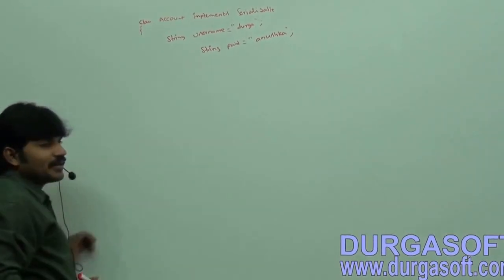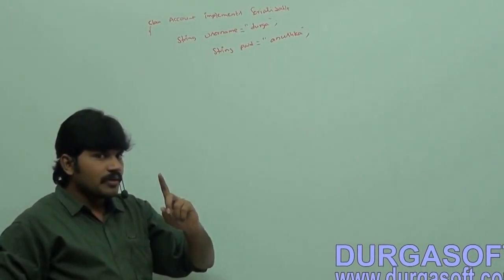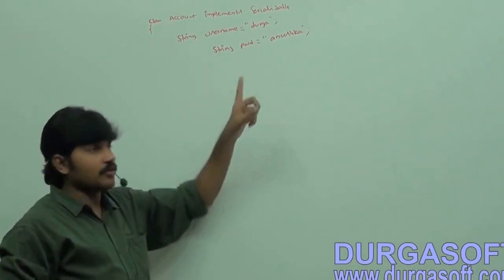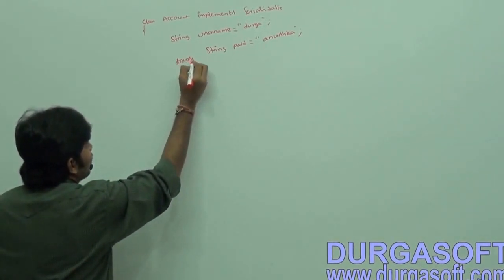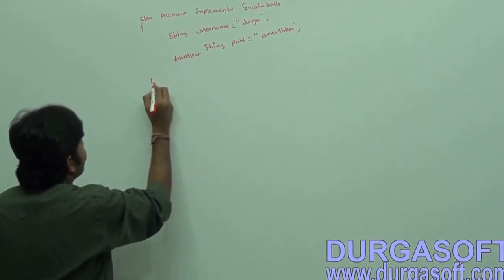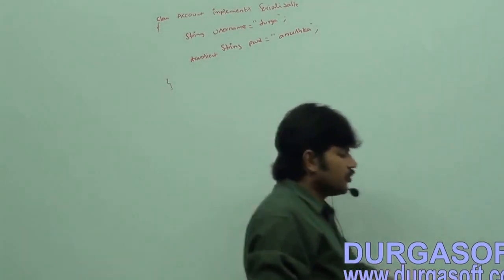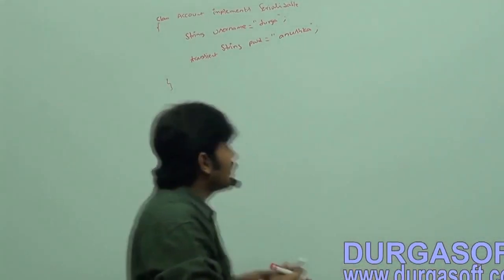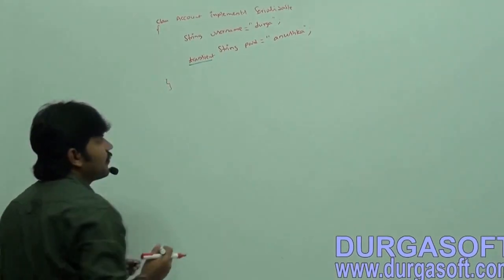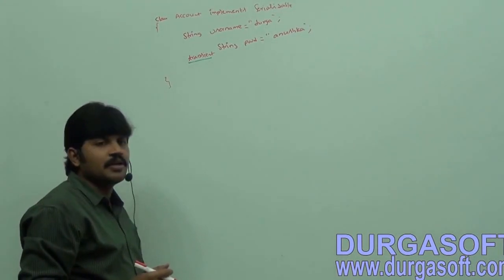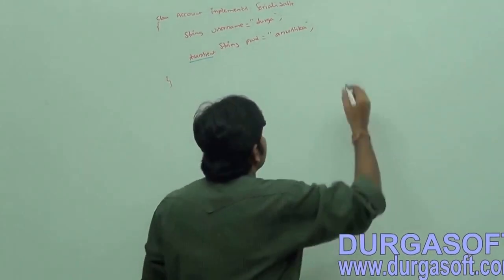Here among username and password, which one is the secured? The password field is the secured one, not the username. That's why we have to declare it with the transient keyword. My account object contains username and password, and the password field we have to declare as transient because it is secured. Now my target is here.